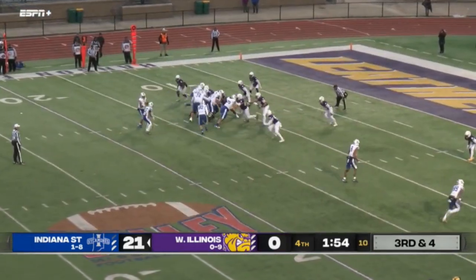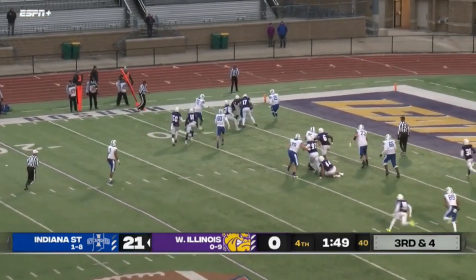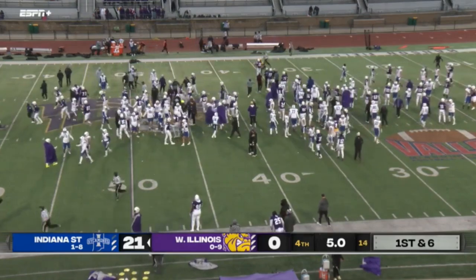Needing a first down here to keep this clock rolling, they'll give it to Dinka, looking for room on the outside, cuts it back in. Finally, field shaking hands. As we mentioned earlier in the game, special teams